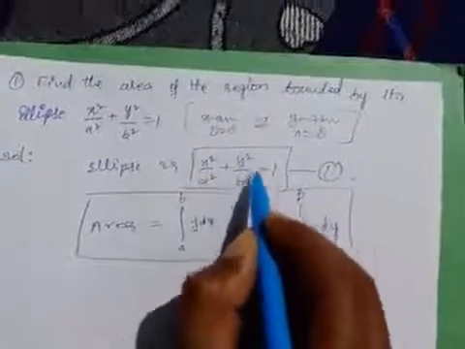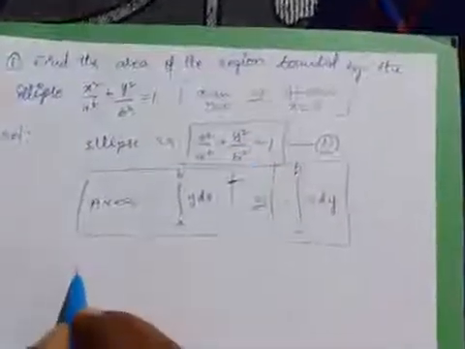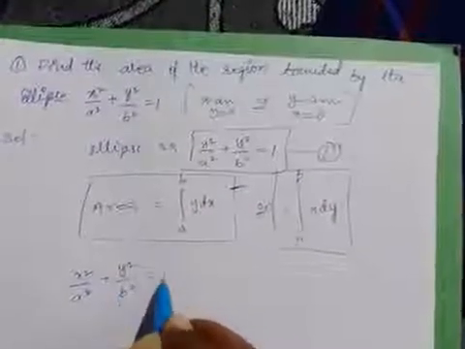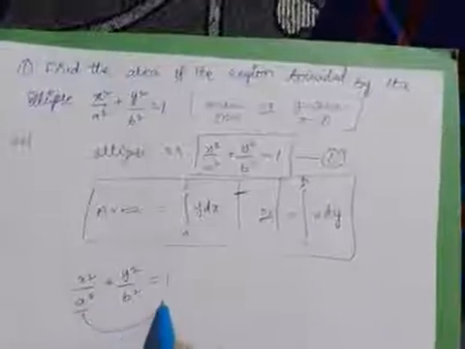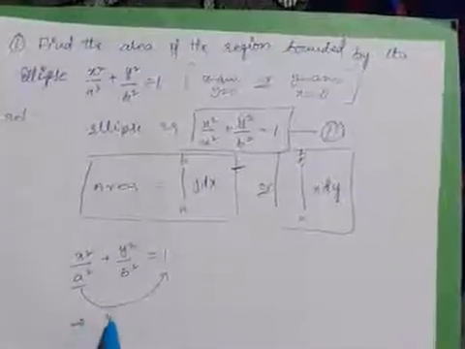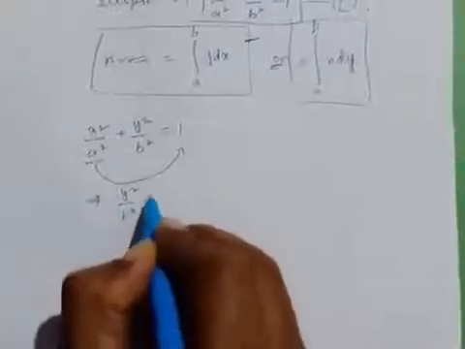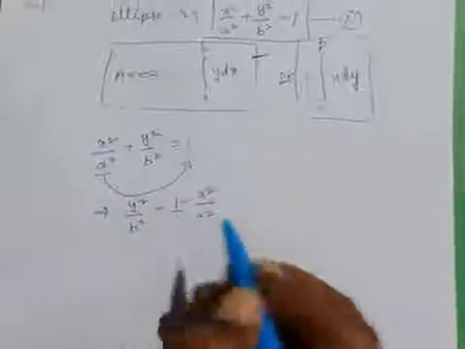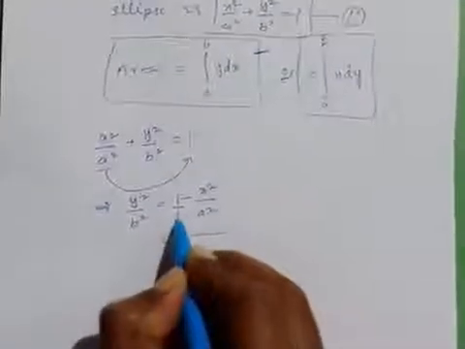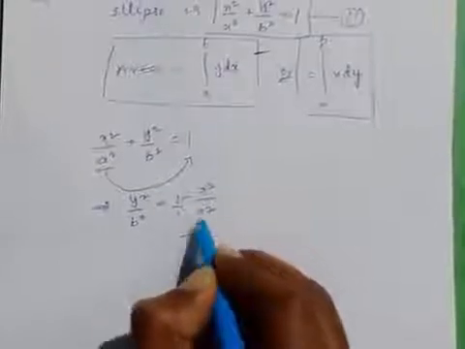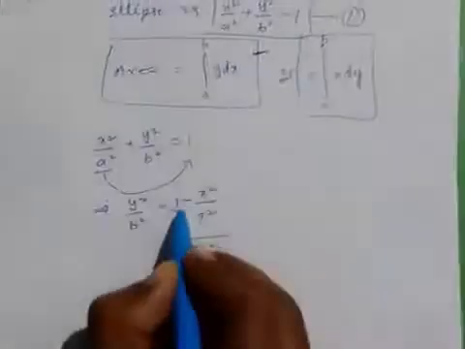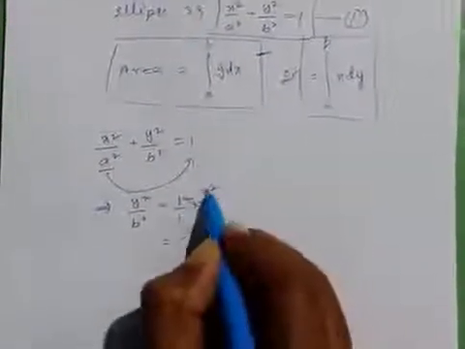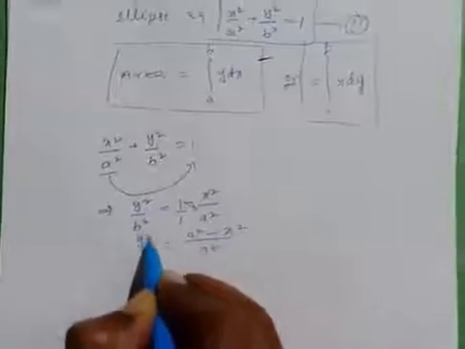we need to convert this ellipse into y form. That's why x square by a square plus y square by b square is equal to 1. So transfer this to the other side: y square by b square is equal to 1 minus x square by a square. Here the denominator is 1, so the LCM is a square. Cross multiplication: 1 into a square minus 1 into x square, it is x square, this is y square by